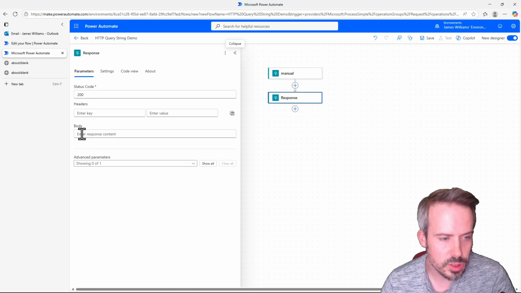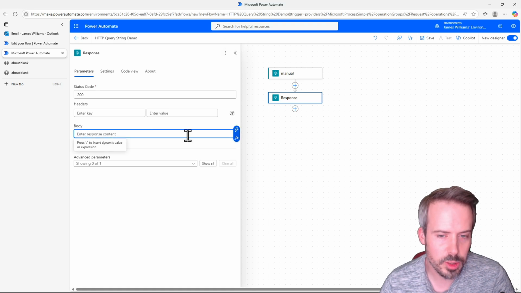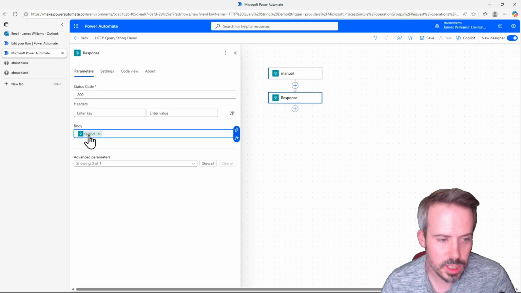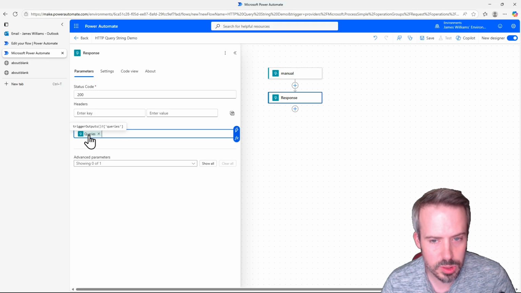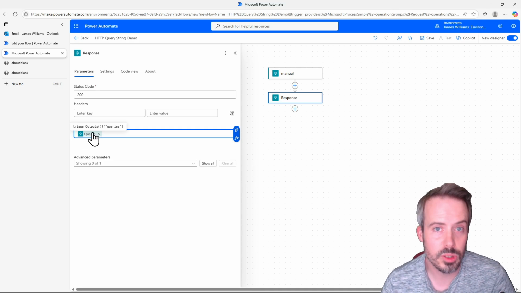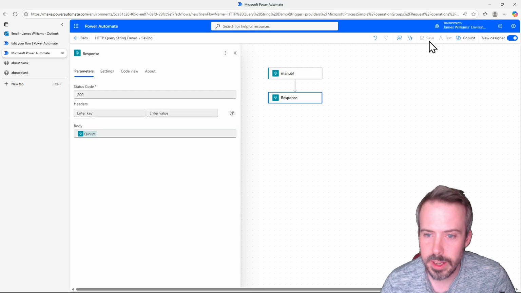All I'm going to do in this response, in the body of the response, which is what will appear on the page if I'm looking at the URL in a browser, is I'm going to put in from dynamic content this queries expression here. So you can see that's trigger outputs and the queries property of the trigger outputs. So that means if I use a query string to add some properties to my URL before submitting it, then this should show me not only what the query names are, but also the values. If I just click save there,